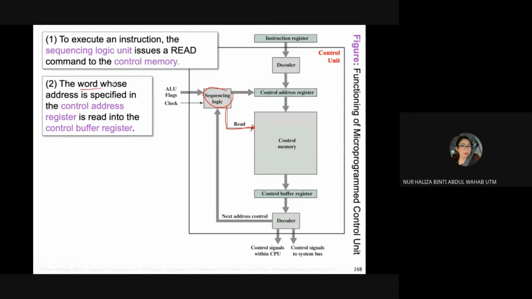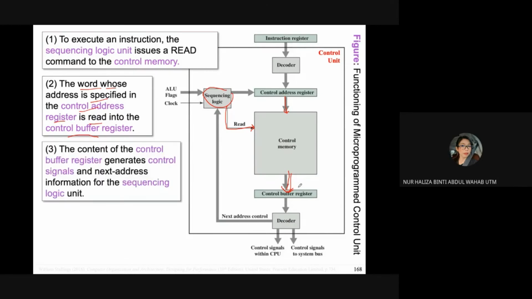Second, the word whose address is specified in the control address register is read into your control buffer register. So your control address will be in your control memory and control buffer register. And third, content of the control buffer register, content dalam ni inside this